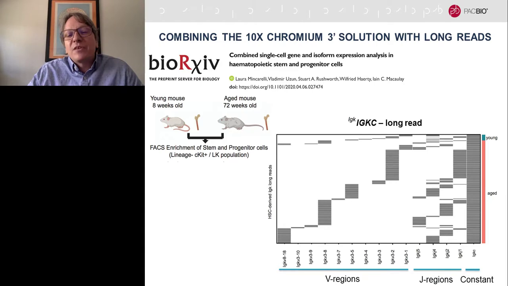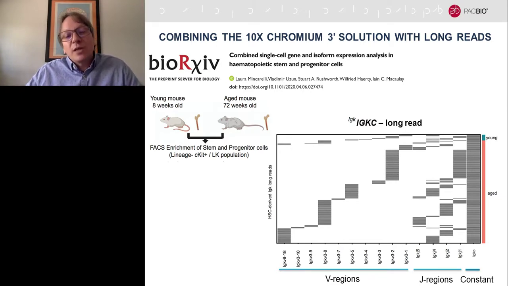So at the top of this graph, you see the constant regions are at the right side of the IGKC gene. And of course, these undergo VDJ recombination in the organism. So this is a rearrangement of the DNA. So you can see in the young mice, there was a pretty simple set of these sort of germline IGKC transcripts. But when they look in the aging mice, they saw a far larger